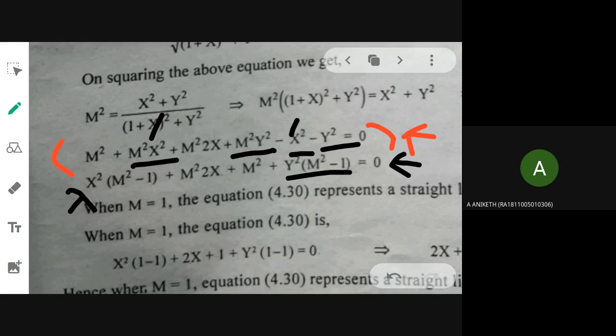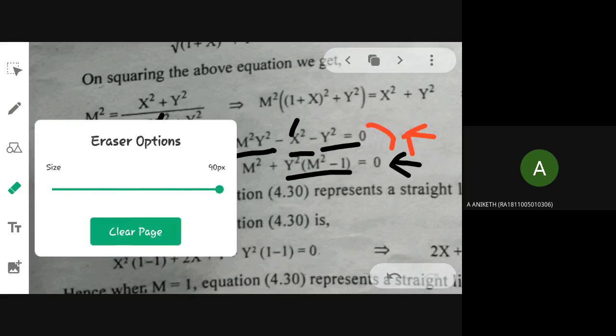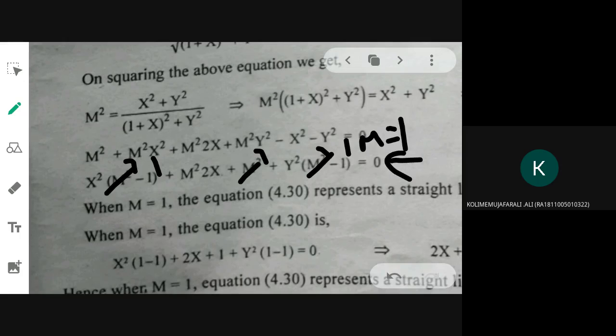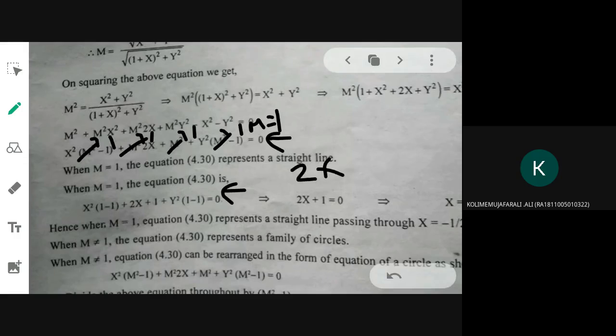Alright. So if you do that, then you substitute m is equal to 1 everywhere. If you are substituting m is equal to 1 everywhere, then what will be the equation? In this equation, you are going to substitute m is equal to 1. Then what will be the equation? 2x plus 1. Here it will be substituted as 1, here it will be substituted as 1, and 1 here, 1 here. So what will be the final equation that you will be getting? This way you are substituting. So 2x plus 1 is equal to 0. This equation you will get.